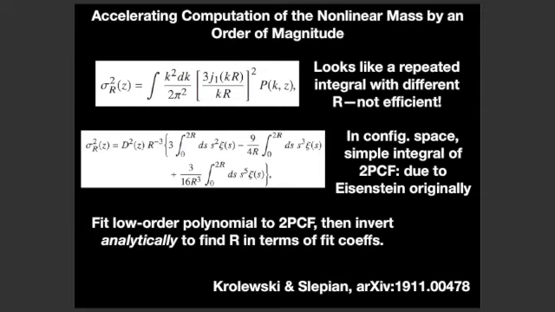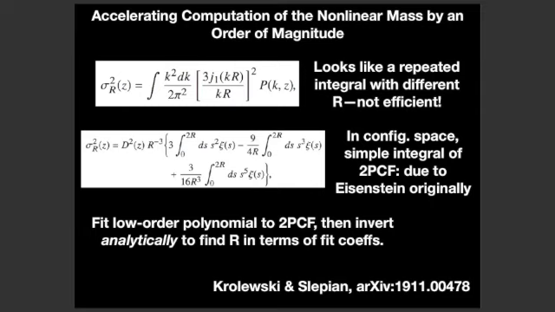So it turns out that the correlation function is very, very smooth from 0 out to 2R if R is like 8 megaparsecs, which is roughly the scale at which this becomes 1. So if you just fit this with a polynomial, and it's a low order polynomial, you can do these integrals analytically and solve for where this is 1 analytically, and just write down your answer as basically the cubic formula if you fit a cubic polynomial. And that means that once you have the fit coefficients for these correlation functions, you just have your answer. You don't need to do a numerical root find.